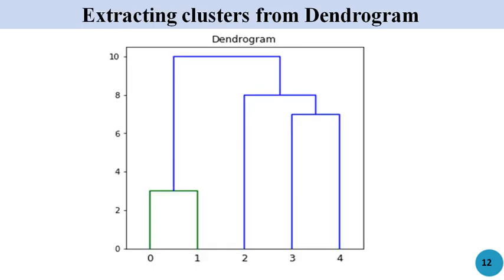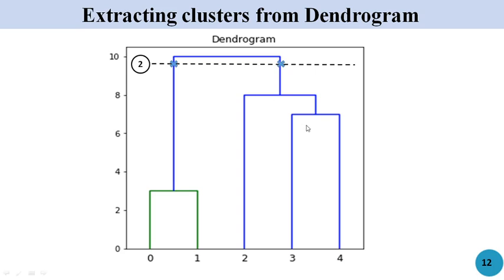The next thing that we'll see is how to extract the clusters from a given dendrogram. Consider that I want to extract 2 clusters from the given set of data points. So how am I supposed to understand which are the points belonging to which of the clusters? For that, I'll have to draw a horizontal line such that it will be intersecting exactly those many number of points on the vertical distances depending on how many clusters I want. Consider that I want to divide them into 2 clusters. I'll be drawing a horizontal line that is intersecting the vertical lines at exactly 2 points.